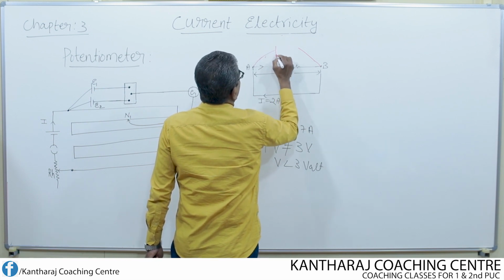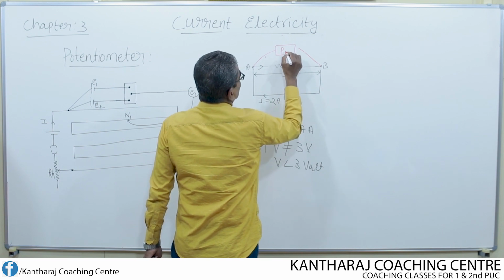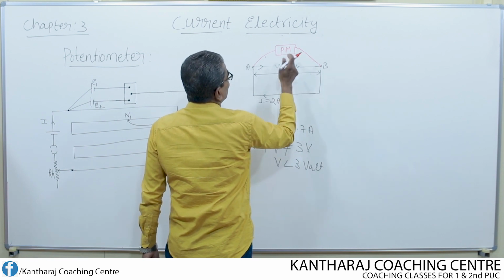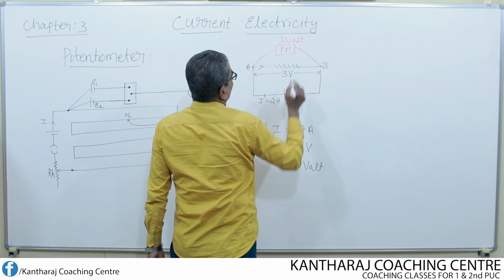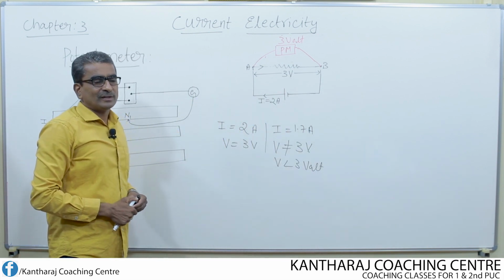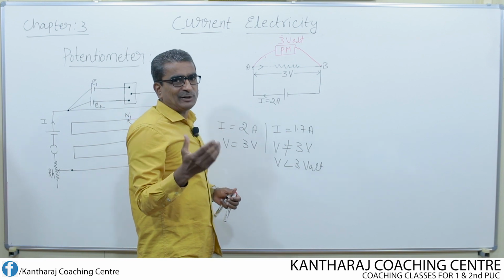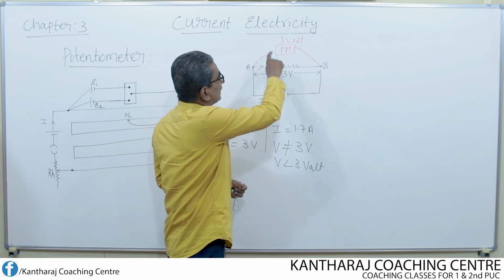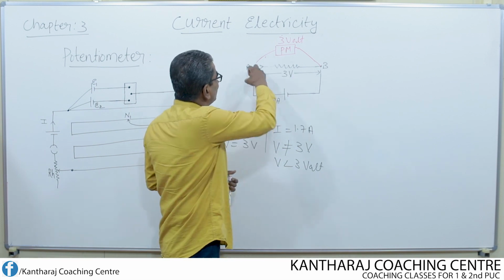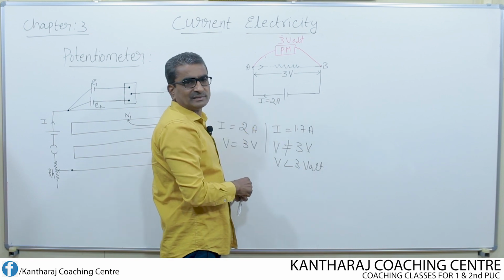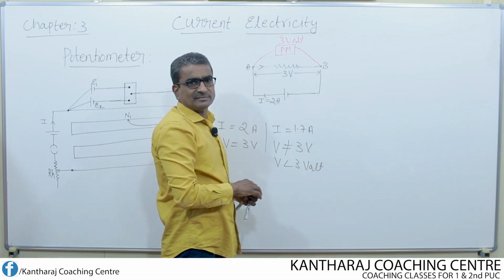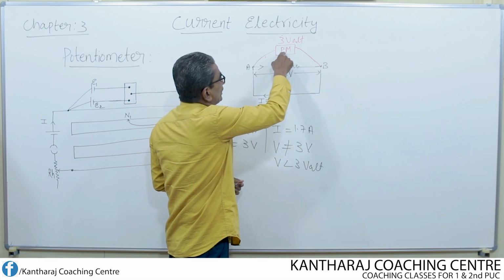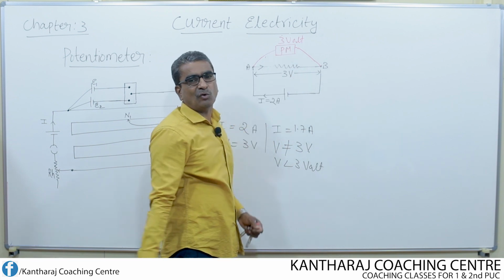if I connect the potentiometer, I am just writing the block diagram. Potentiometer. Now this potentiometer is able to read 3 volt. That means this potentiometer will act like an ideal voltmeter, though its resistance is not equal to infinity. How can it read 3 volt? Because it does not draw too much current from the main current. It doesn't draw the current. Since it doesn't draw the current, the potential difference 3 volt remains as it is. This is how the potentiometer is able to read the actual voltage.